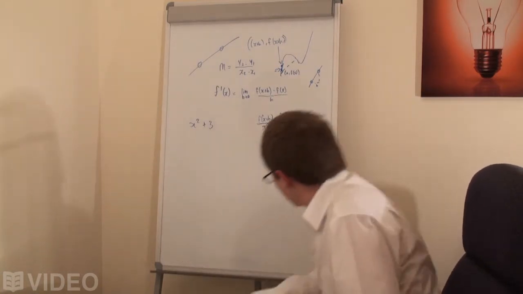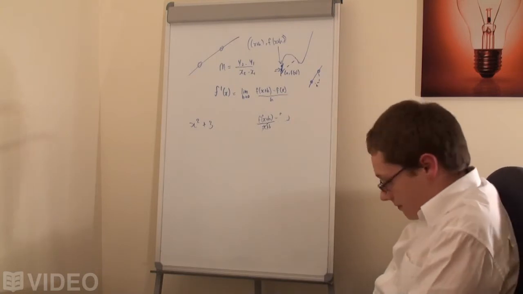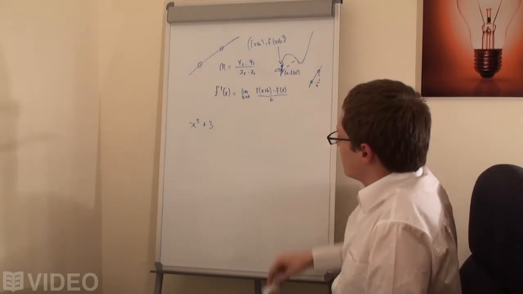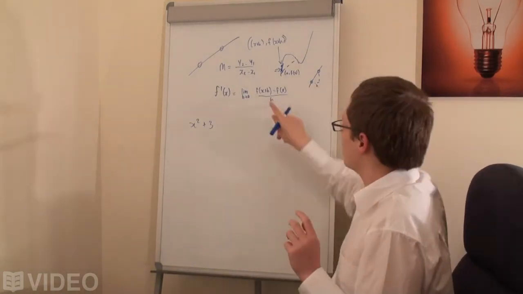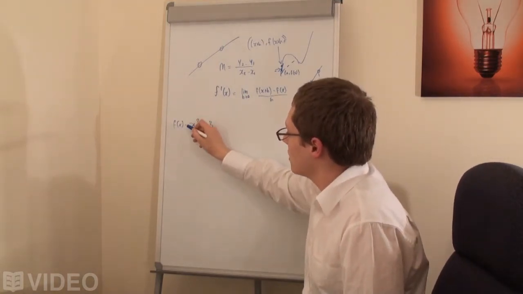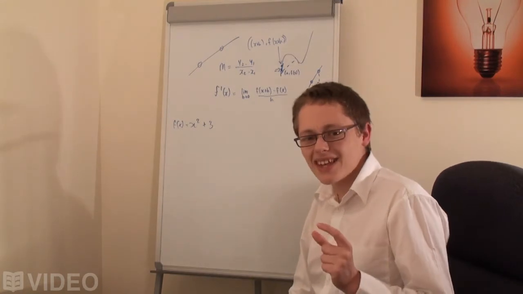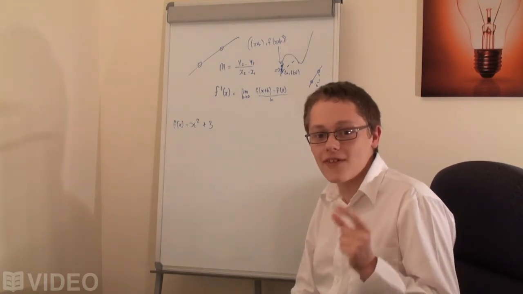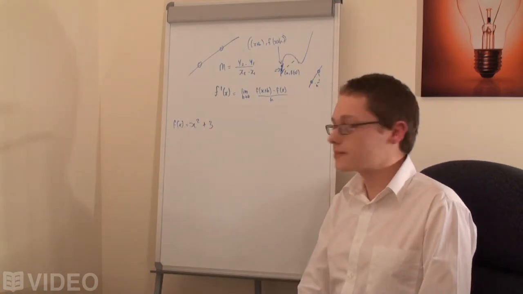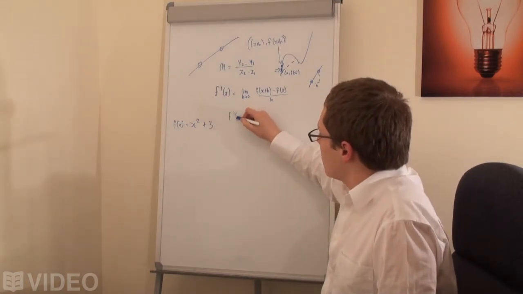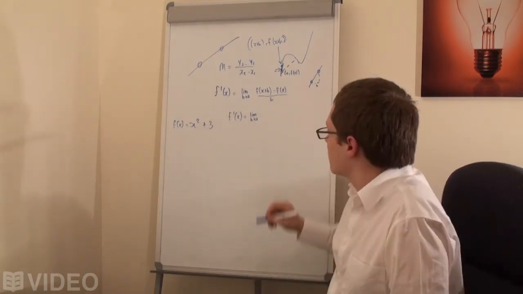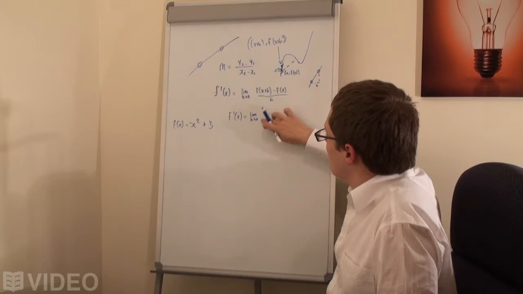So what we simply do is we put in the f of x plus h. If this is our f of x here, it's quite simple. Wherever there's an x, if we want the f of x plus h instead of the f of x, we just make any x term x plus h. Makes sense? So we have f prime of x equals the limit as h approaches 0 for the